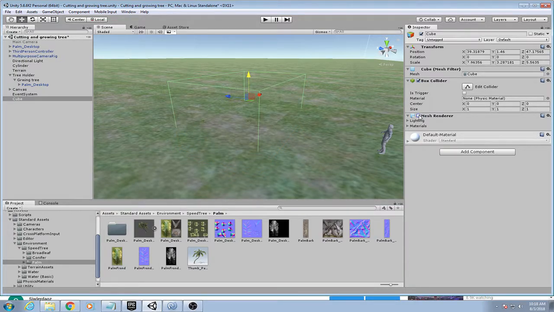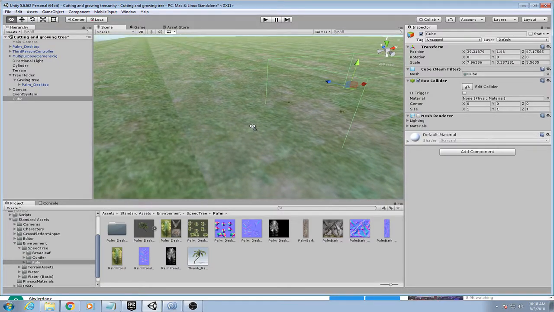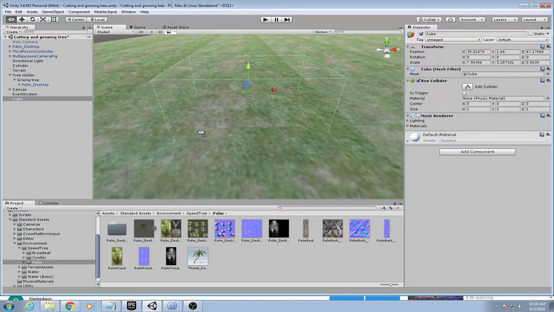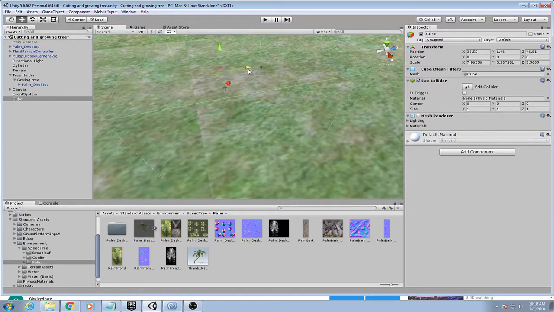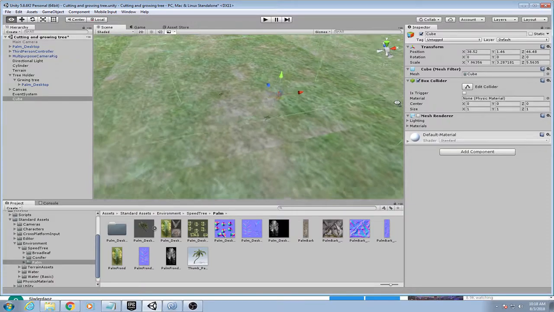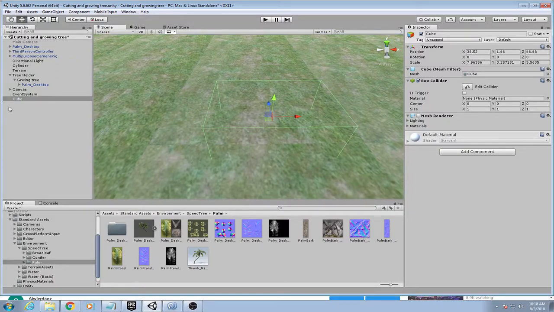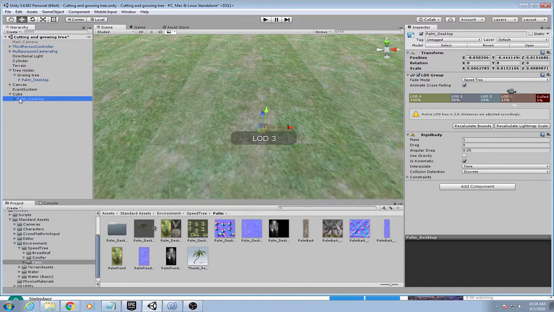Deactivate the mesh render of that cube. Make sure that the tree is in the center of the cube, so just move the cube around till you see that the tree is in the center of it, like that. And then grab the tree and drag it and put it into the cube. Now it's in the center. Once you do that, alright,